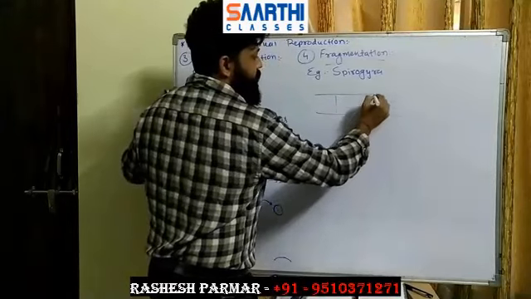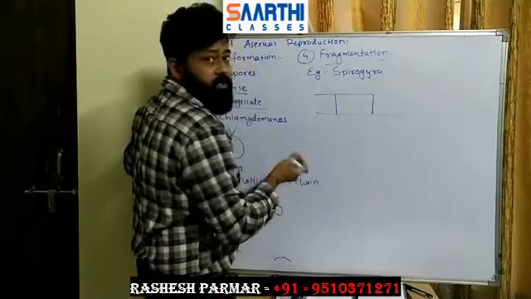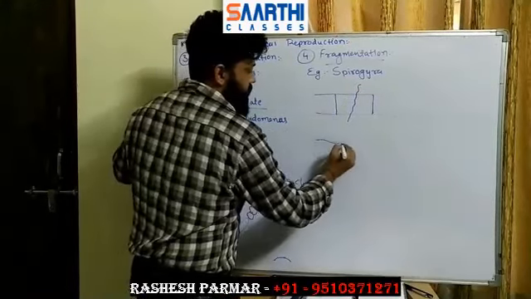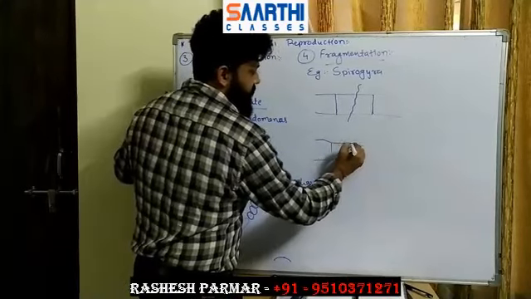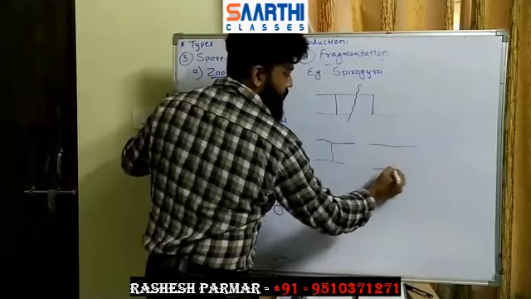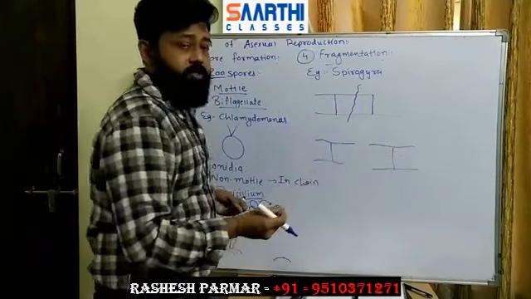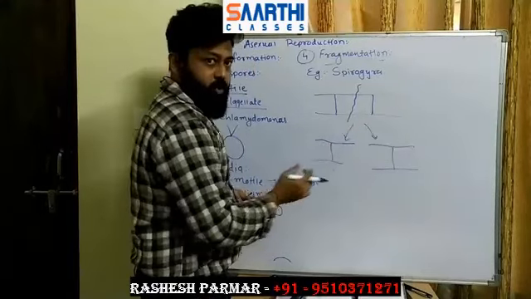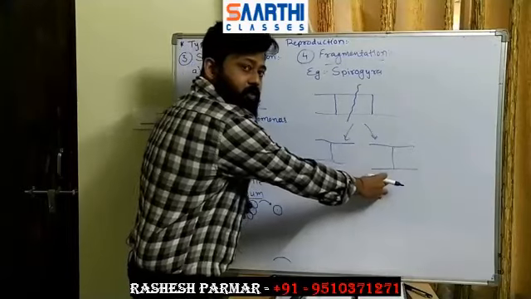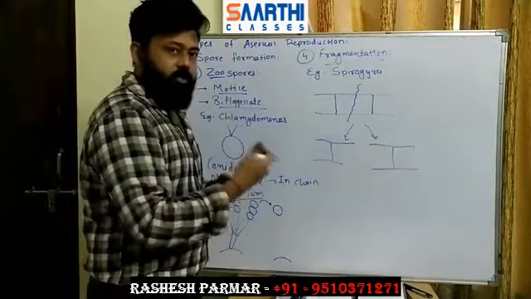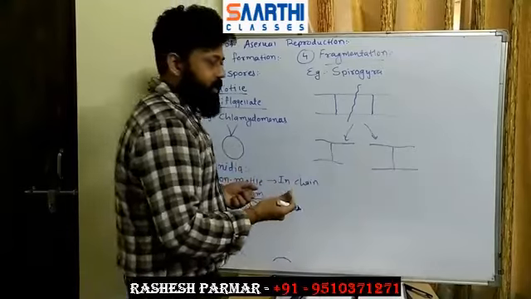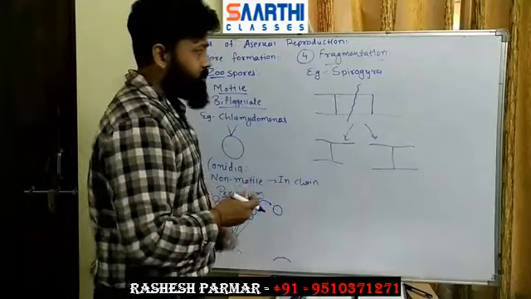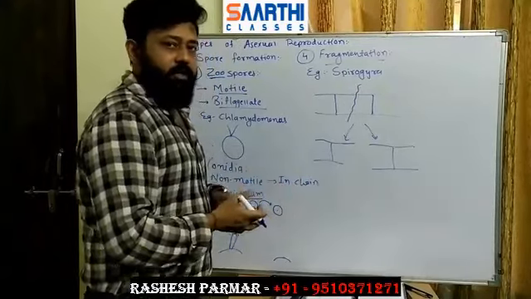By any natural disturbance in water, let's say this filament gets broken from here. These are two fragments created by the disturbance in the water. Each fragment will now create another colony of the algae. So this is fragmentation. It is very simple, so we will not go into much detail.